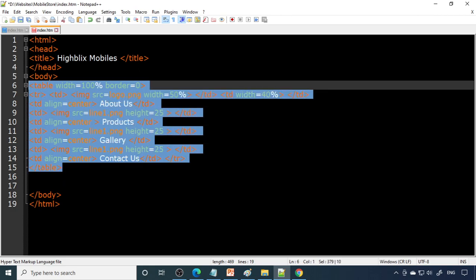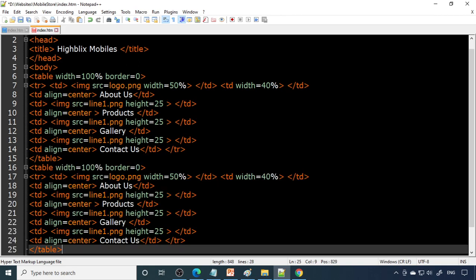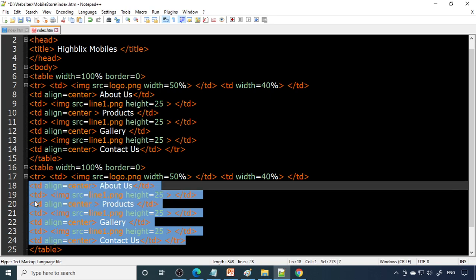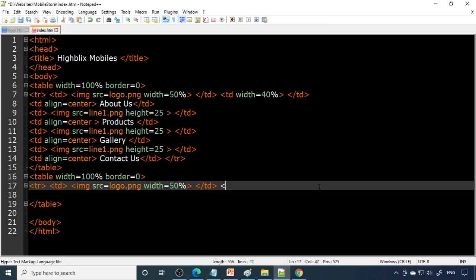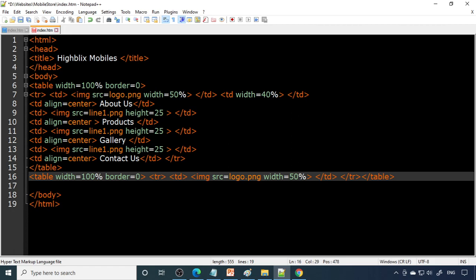So I'll just create a table again, because this is a single column you require. So what I'll do is I'll take out everything, and this TD also I don't require, TR. This whole table I'll keep in a single line.